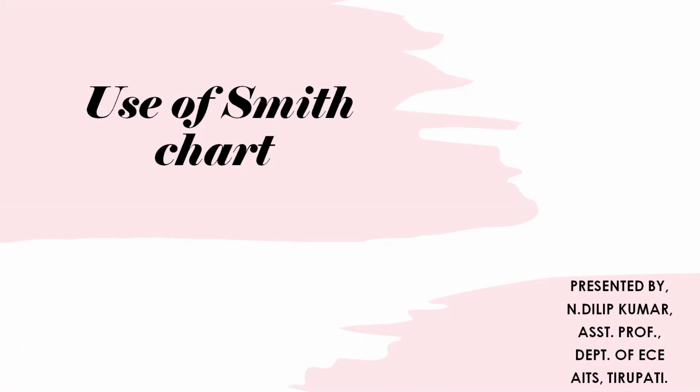In the previous session, conducted by me, there was an introduction to Smith chart. There you can see the detailed structure of the Smith chart, how it has been formed with the help of X circles and R circles. The main intention of the Smith chart is to reduce the complexity in finding the transmission line characteristics. That is the main goal, the aim of the Smith chart.